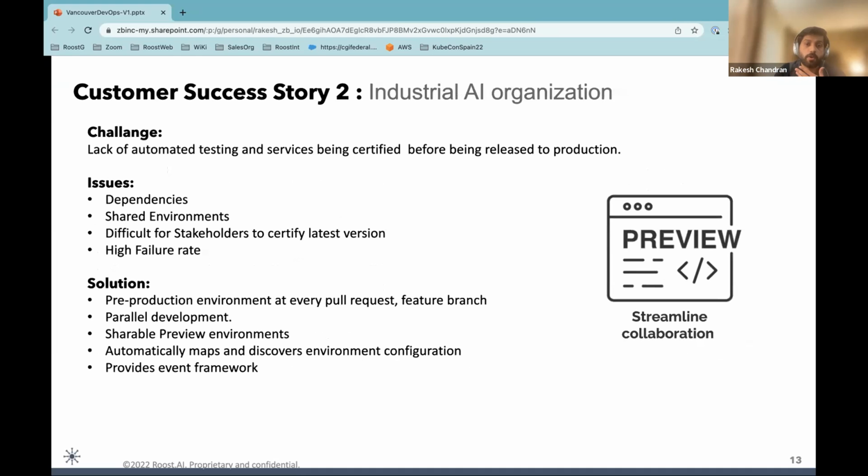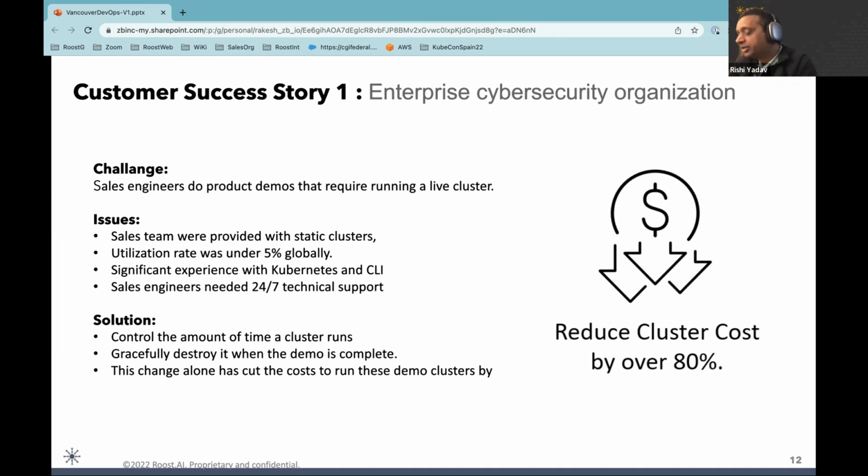And the other was for an industry. And just to add some color to it: when Rakesh, you talk about clusters, for some customers it's clusters, for some customers it's namespaces. I call namespaces the Swiss Army knife, because they can be used for any purpose possible. In fact, most of the customers go for namespaces. Smaller customers, like the customer Rakesh talked about, went for the full-scale clusters.